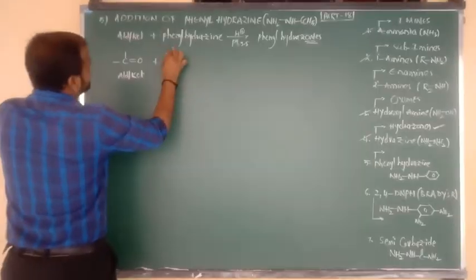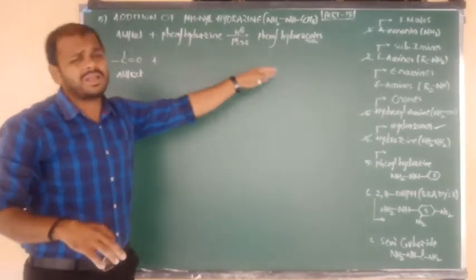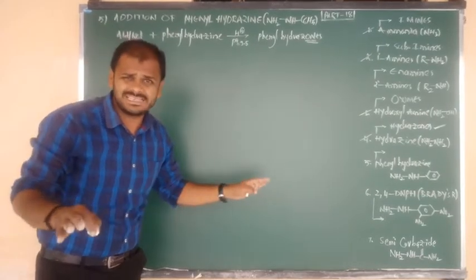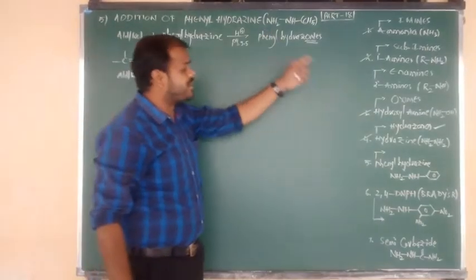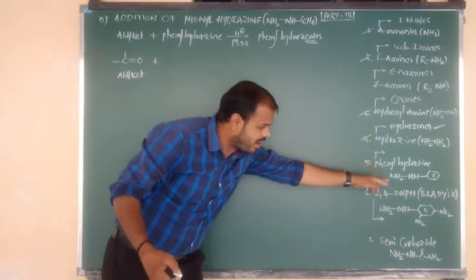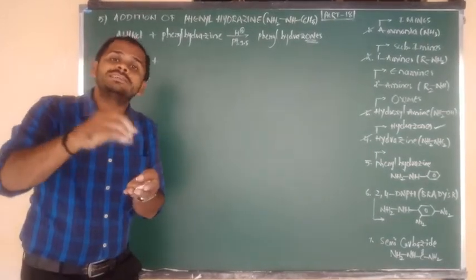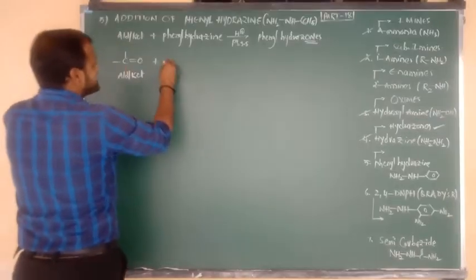It, upon addition with phenyl hydrazine. First of all, hydrazine is converted into hydrazone. Now phenyl hydrazine is converted into phenyl hydrazone. We can say that easily, that is not a big problem. But try to remember first of all, what is the formula of hydrazine? What is the formula of phenyl hydrazine? First of all, you should be very familiar with the reagent formula. Okay? Good. So what is the formula of phenyl hydrazine?